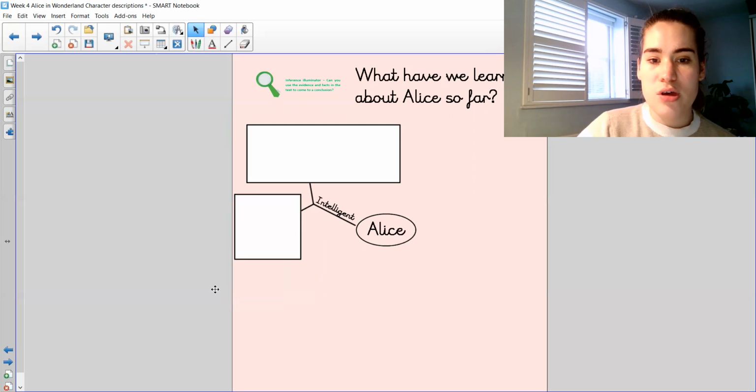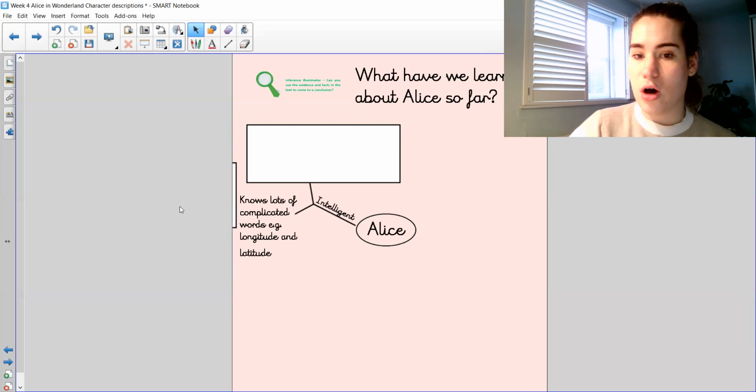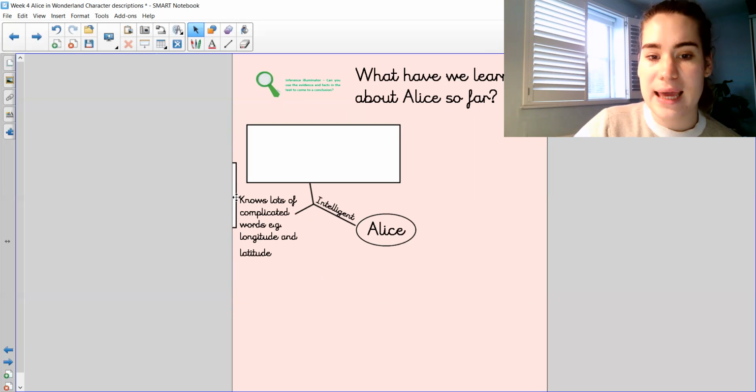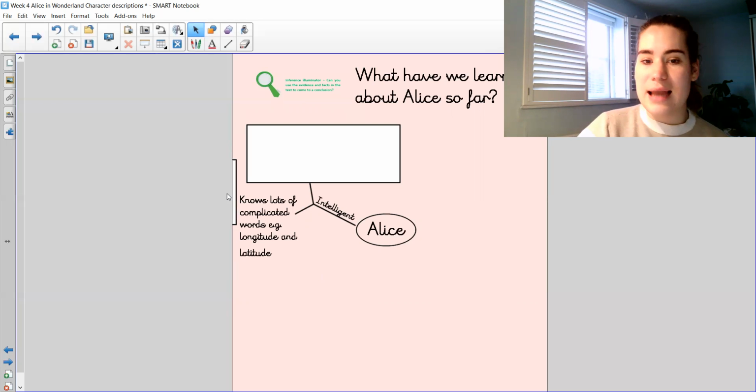And the first one was that she knew when she was falling down the hole lots and lots of complicated words. So, for example, she knew longitude and latitude, and these are quite big words for quite a little girl to know. Although she did say sometimes she doesn't necessarily know how to use them properly, the fact that she was still using them shows that she's quite intelligent, she's quite clever, she knows all of these big